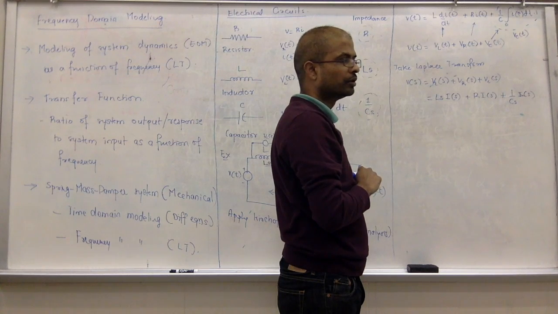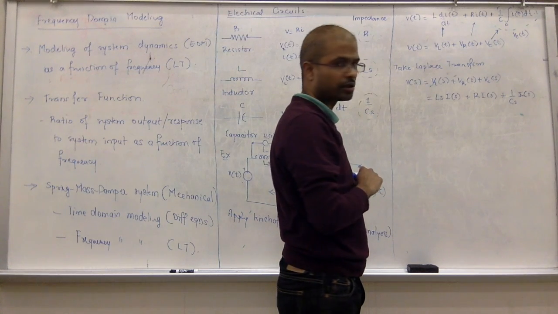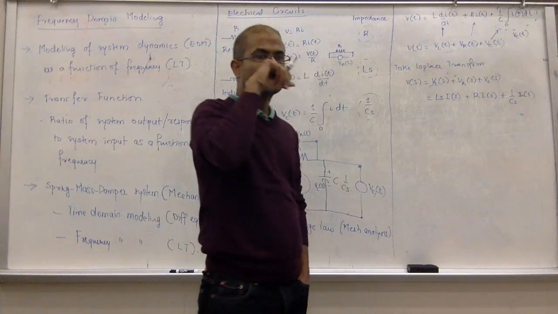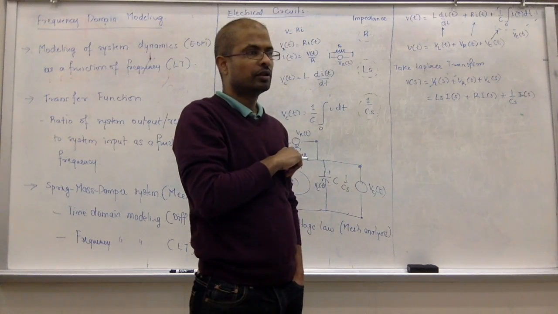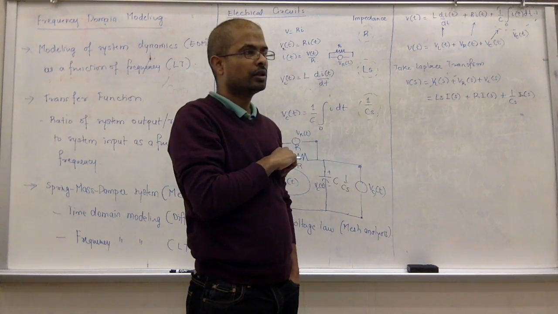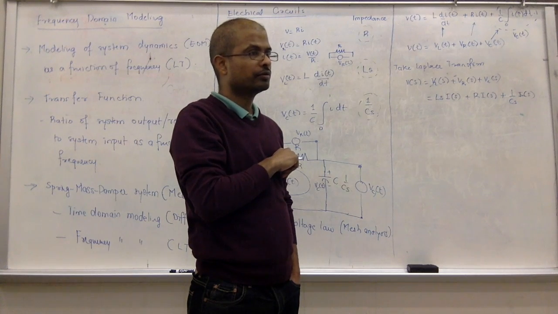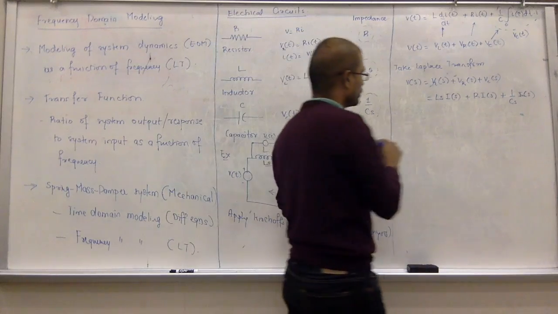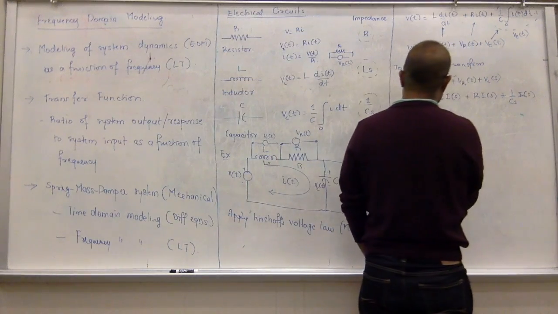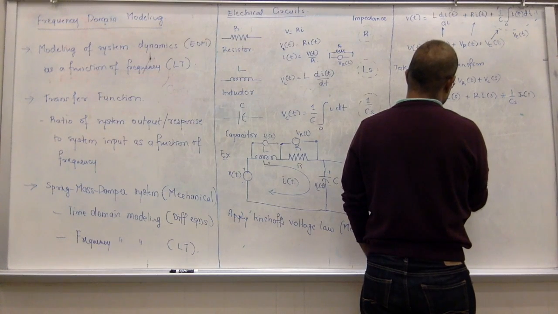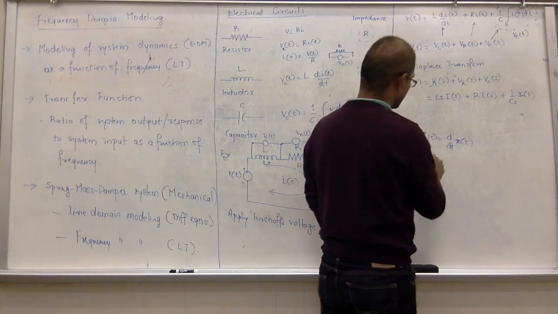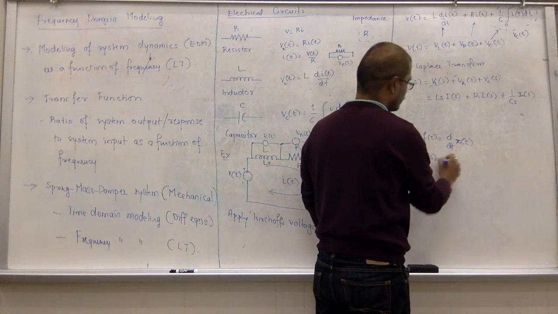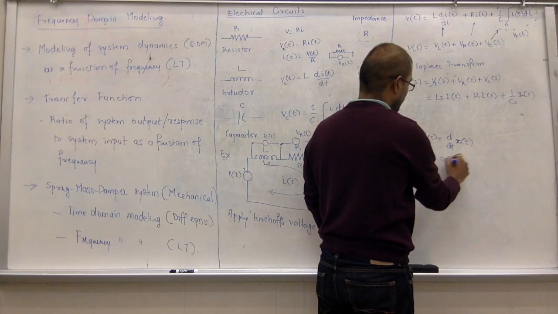Think about what we did. What was the output in terms of when we discussed the spring mass damper system? X of t was the output, right? When we took the first derivative, recall this. We have f of t is equal to d over dt of x of t. What is the Laplace? How do you take the Laplace of this? It is f of s equal to s into